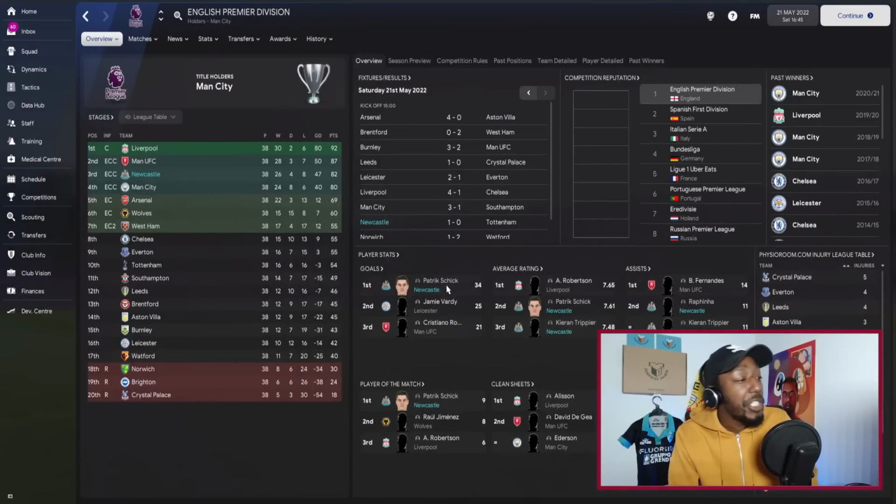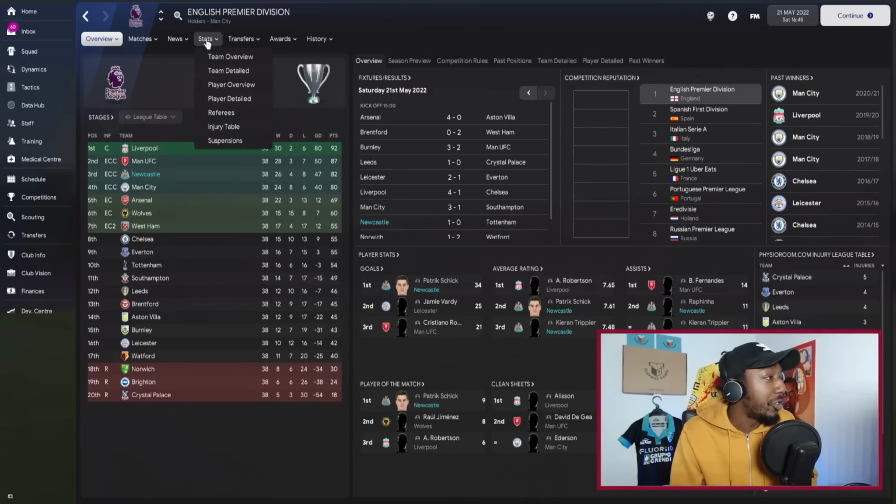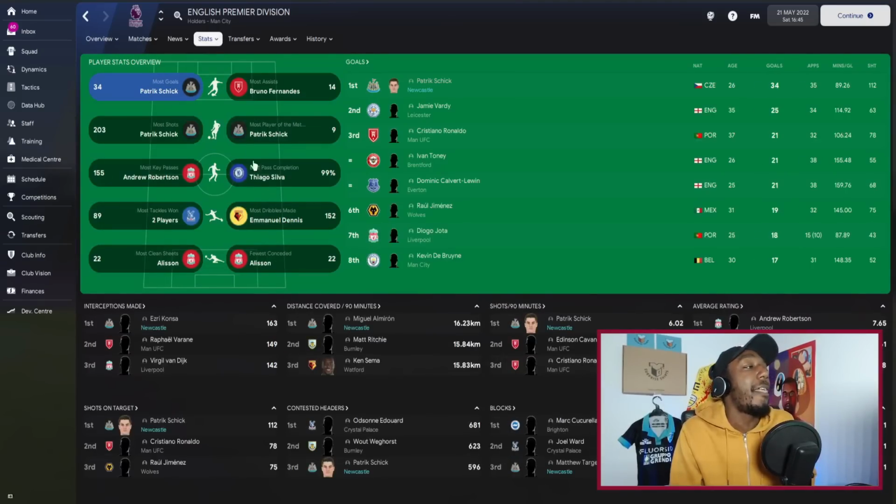for those cups. Patrick Schick was the top goal scorer in the Premier League, coming second with the average rating. Kieran Trippier coming in third. Rafinha coming in second for the assists. Kieran Trippier joint second as well. But we can look at that in a little bit more